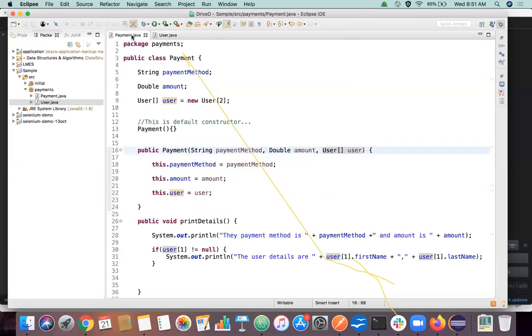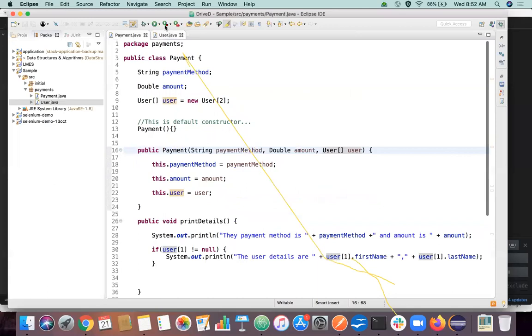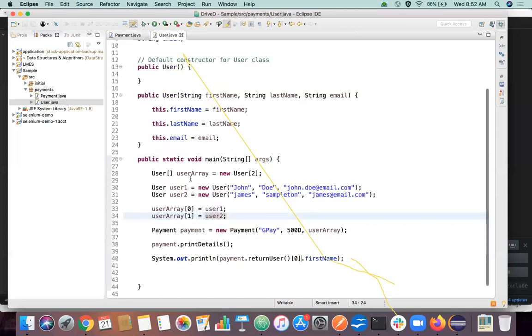If it's still confusing, you can ask what your exact doubt is. Yeah, that was my point only. It's somewhat clear. So when we are calling user 1 dot first name, you mean the user array's 0 and 1st elements have been initialized to the user array. Yes. So when we are calling user 1 dot first name, it is fetching the first name from that particular object at the first index, and that first name is John.